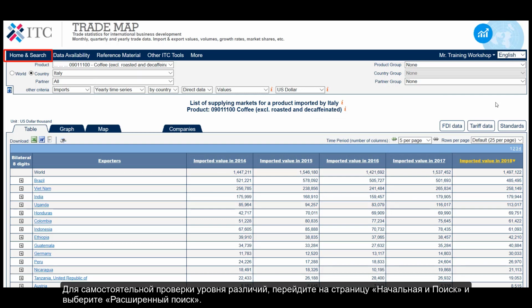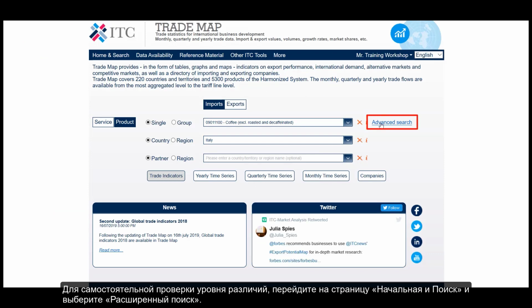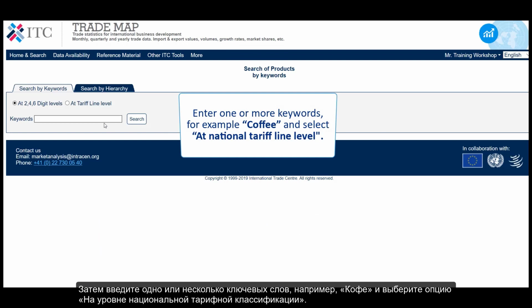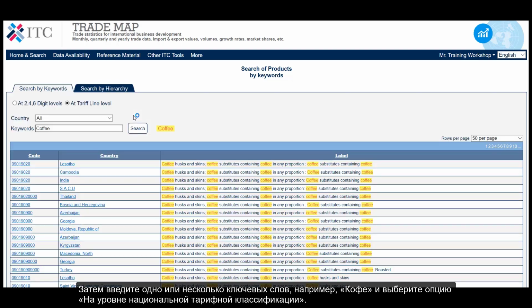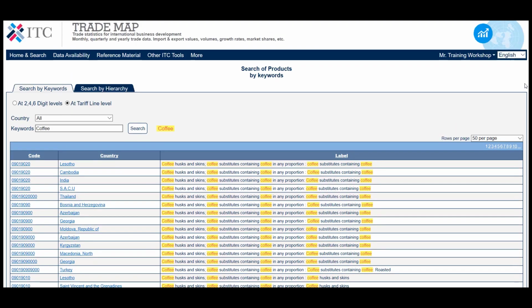Go to the Home and Search page and choose the Advanced Search. Then enter one or more keywords, for example, coffee, and select at national tariff line level. Let's go back